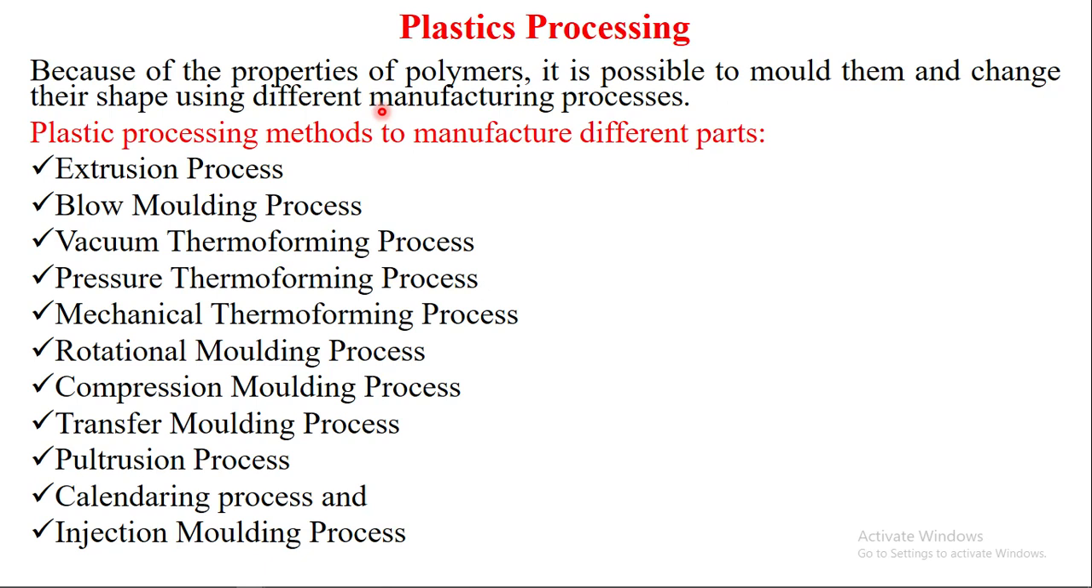Plastic materials are flexible materials. After we apply heat, by using different shaped molds, we are producing or shaping those products into different shapes. Those manufacturing processes are plastic processing methods for manufacturing different parts. Those processes are like